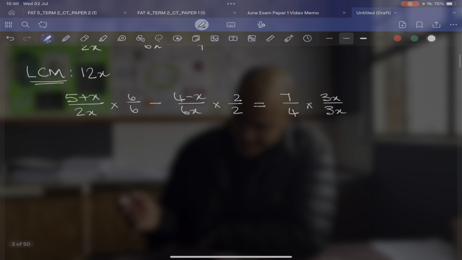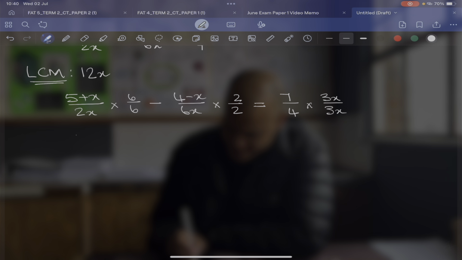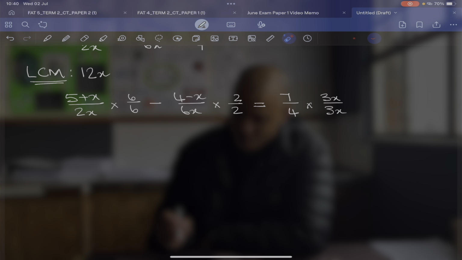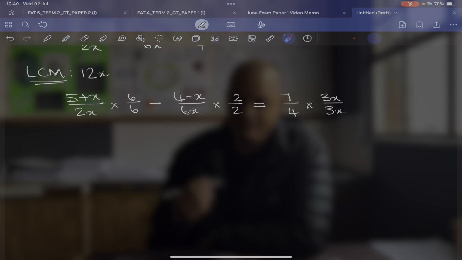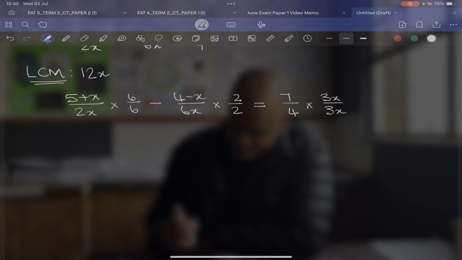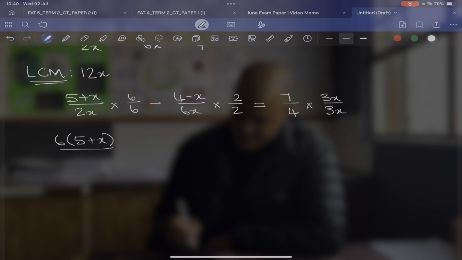If I simplify this, remember, what's in the numerator is a binomial. So I need to multiply the 6 with the binomial, which means the 6 will be multiplied with the binomial in a bracket, so that I make sure I multiply the 6 with everything that's in the bracket. So I'm going to write the 6 on the left hand side just for convenience sake. So that will be 6 times 5 plus x over, and 2x times 6 is 12x,